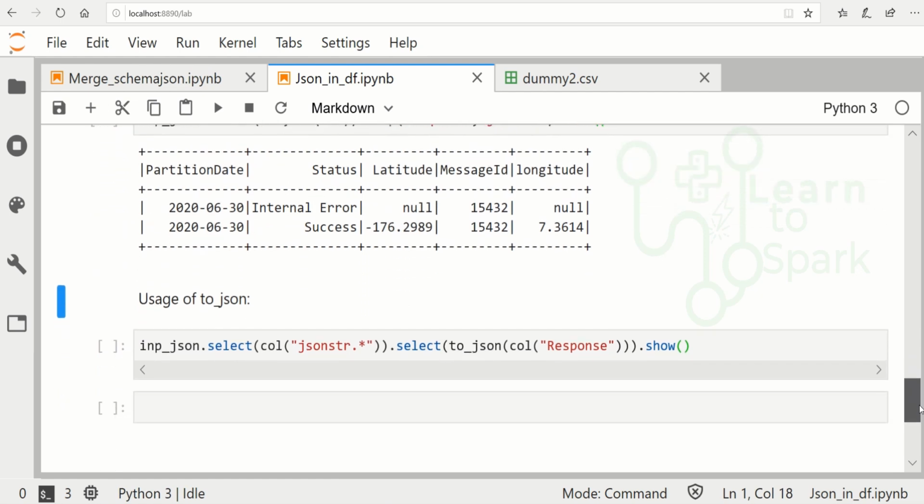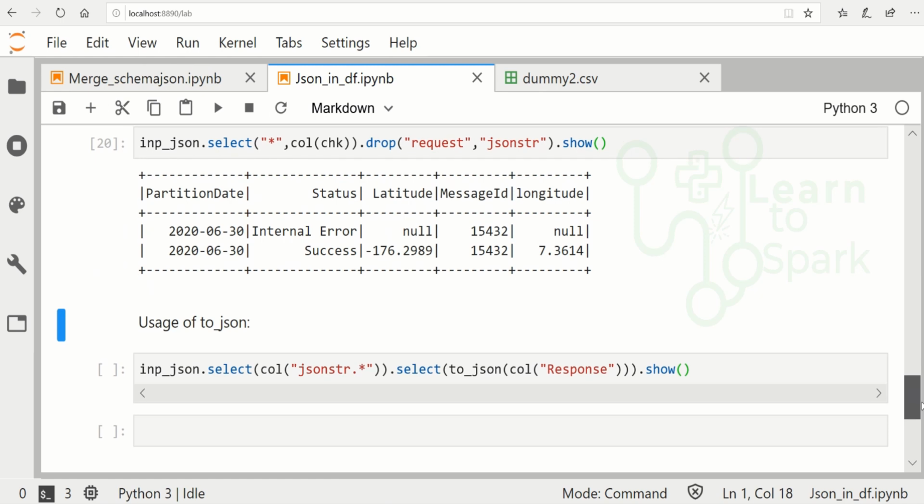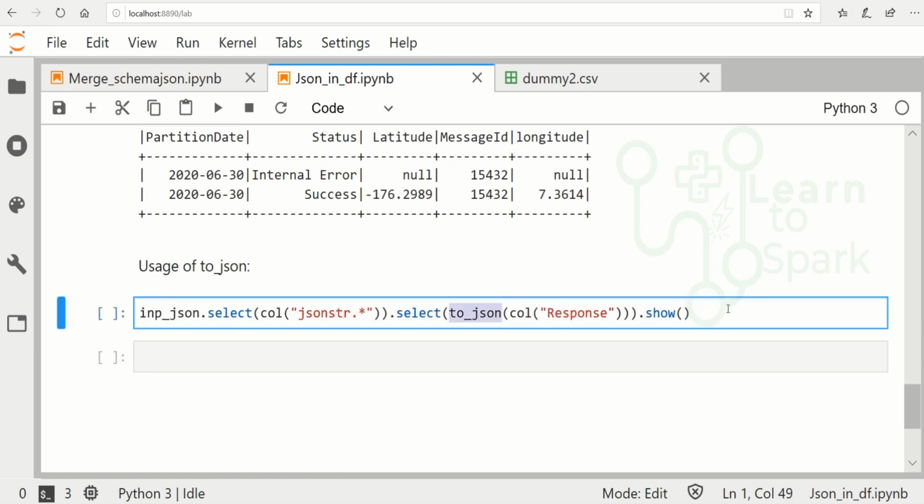Again you can ask, we had three methods, from_json and json_tuple, and what is the use case for to_json? If you want to convert a struct type back into the JSON type format, then at that time you will use to_json. Let me execute it.